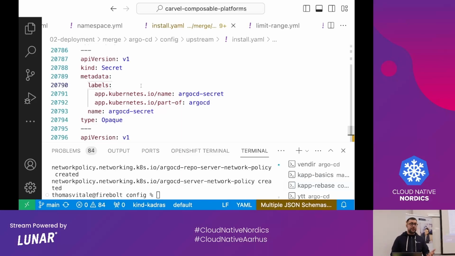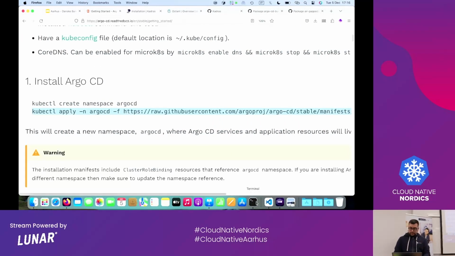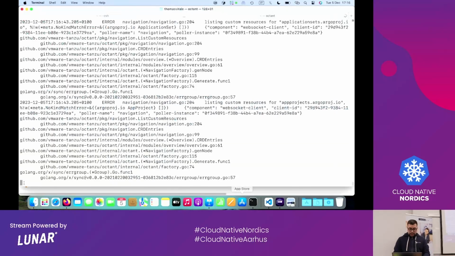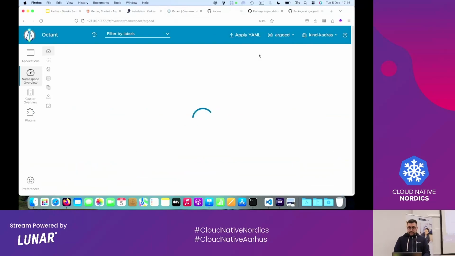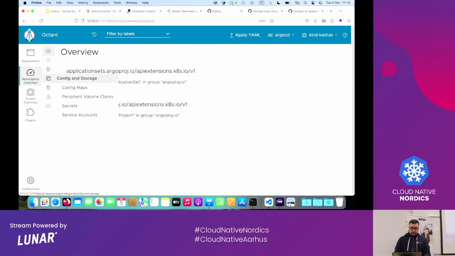So we're engineers, so let's design an experiment and verify if the hypothesis is correct. I can see that we have a secret in the manifest. It's called Argo CD secret, and it's empty. So I expect my desired state to match the actual state, because this is the single source of truth, right? Or at least that's what the hypothesis is. And now, I think I have it open, yes. So if we check the Argo CD namespace and check the secrets,